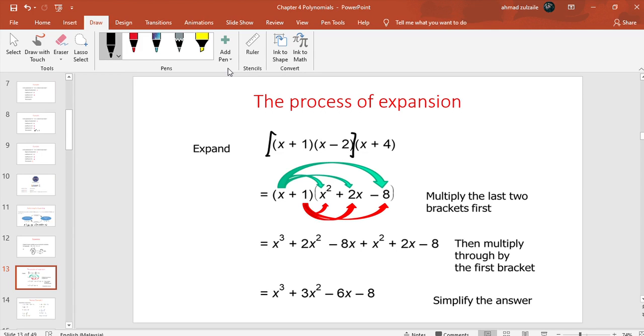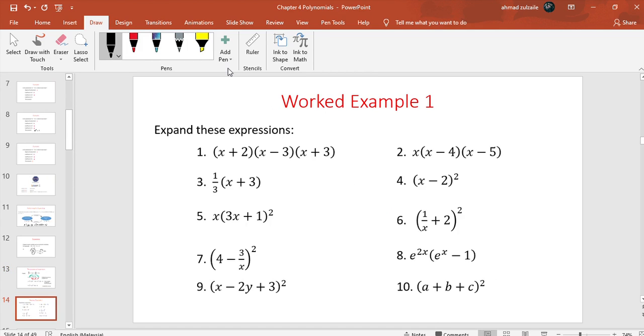Okay, alright. And then you can try worked example number 1 over here, but maybe a bit different over here for question number 8. For question number 8, again you have to multiply using indices. So let's try to expand